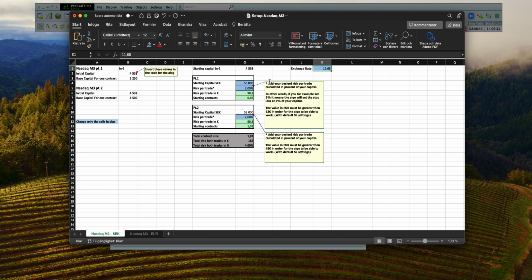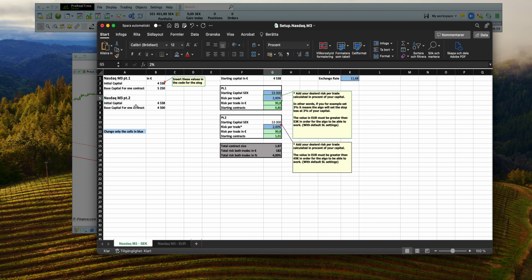You change that and then you put in what kind of risk you want to be taking per algo, and it's risk per trade based on the capital. So I think 2% is good for me. And again, just use your own judgment when it comes to the risk settings, what you feel comfortable with. I feel comfortable with this, and then we get a couple of numbers here,